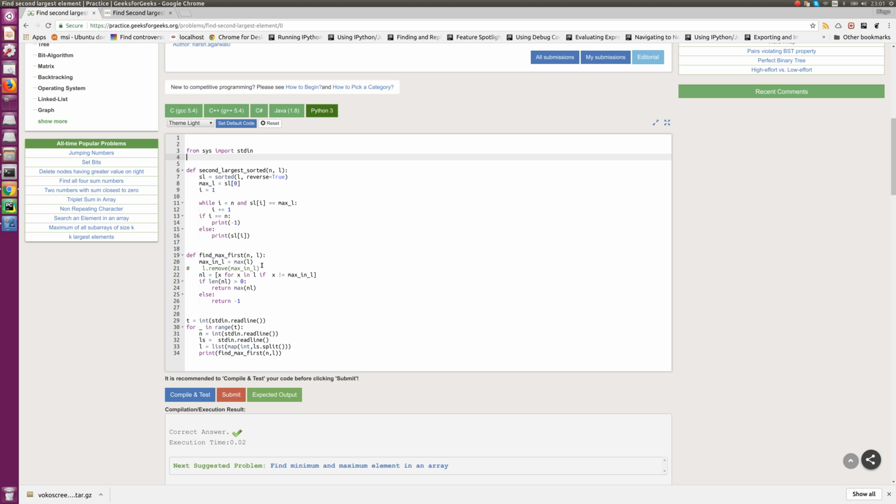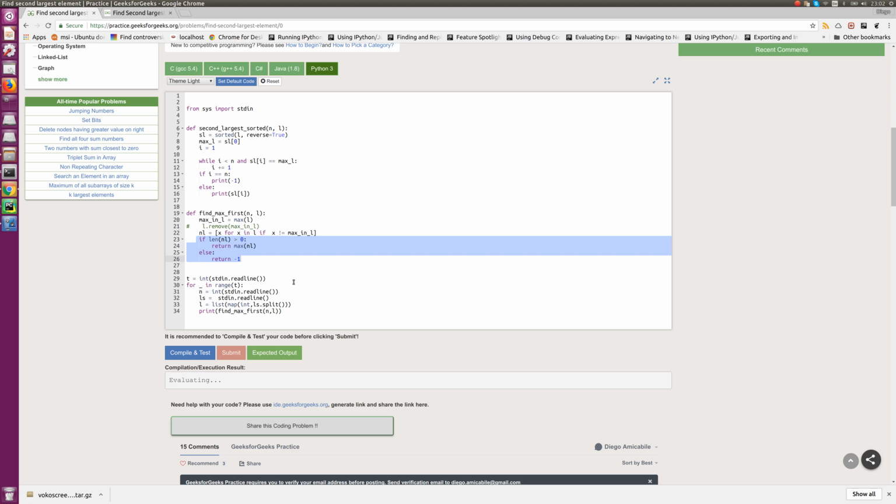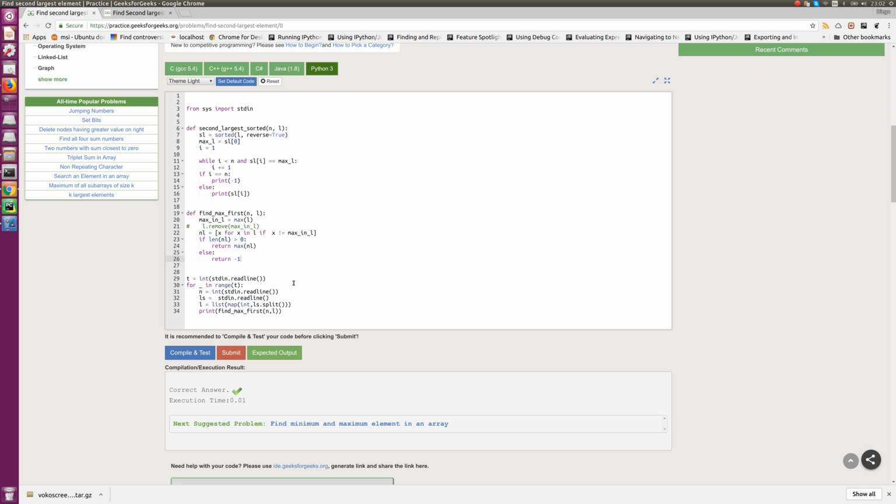I first find the max, then I build the list without this max, and in this list without the max I find the max, which in this case is the second largest relative to the previous list, and I get the same result. In this case the complexity is O(n), because actually I scan the list three times in the end, but still